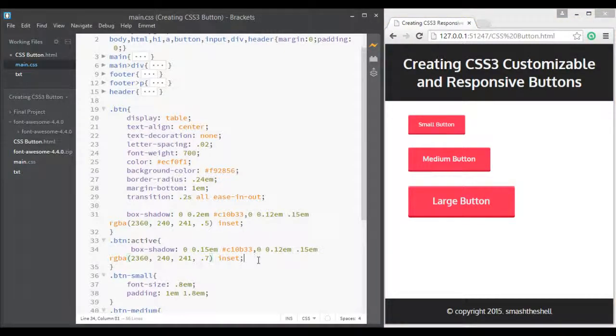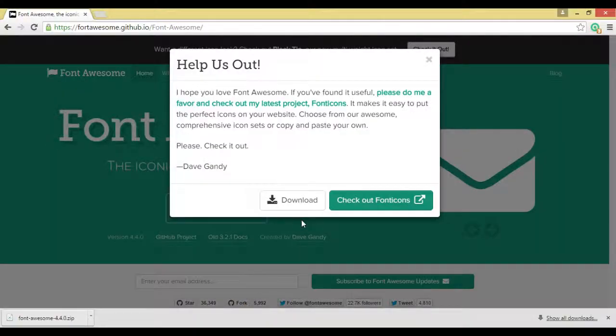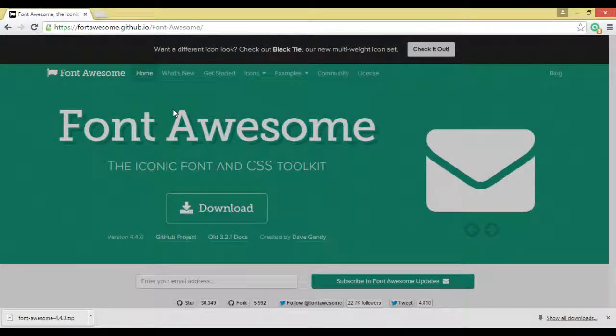So let's go ahead and include icons in each of these buttons. How do we do that? First of all, I'm going to go to the Font Awesome website and grab the link for the CSS file of the Font Awesome library from its CDN server. Here I am on my Font Awesome website.